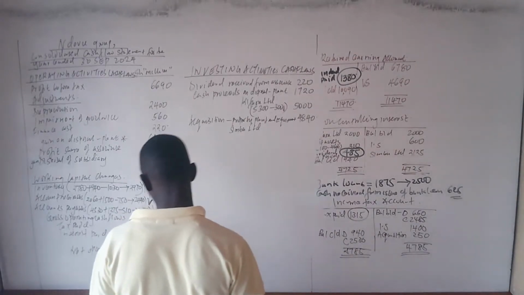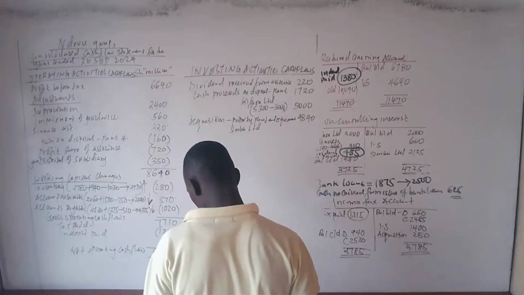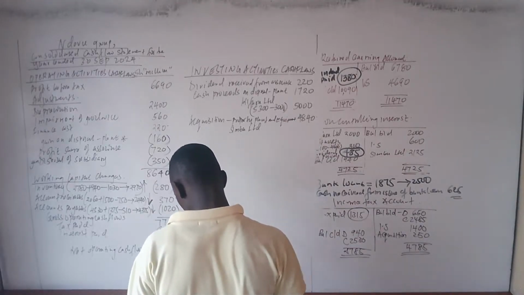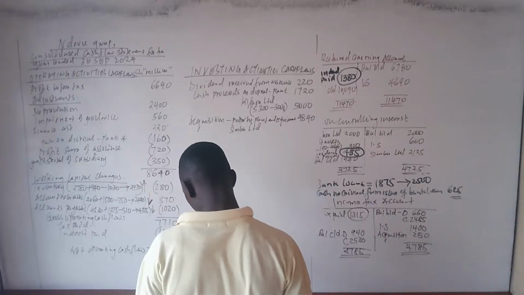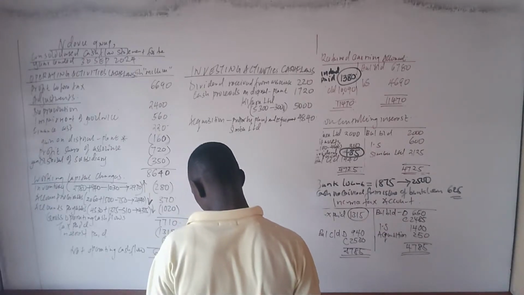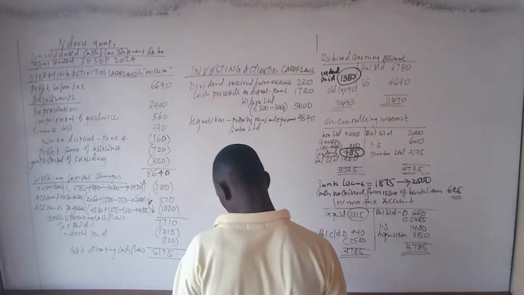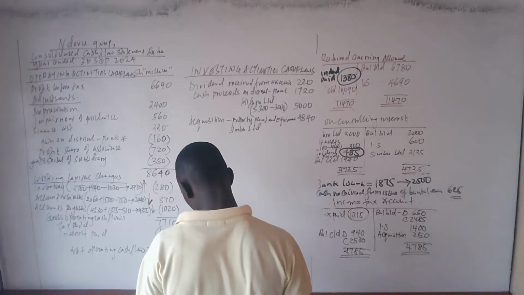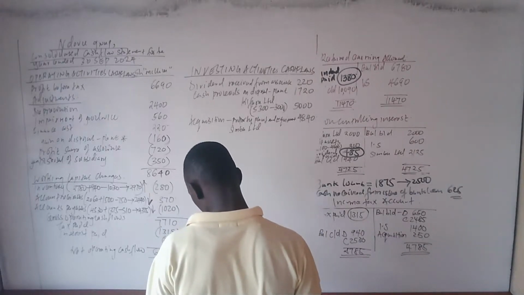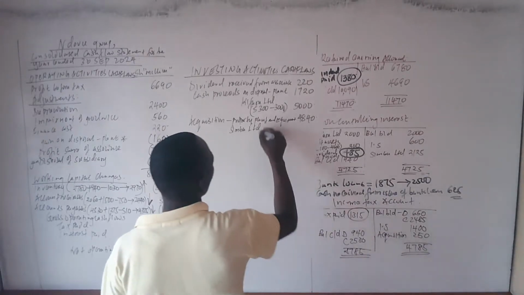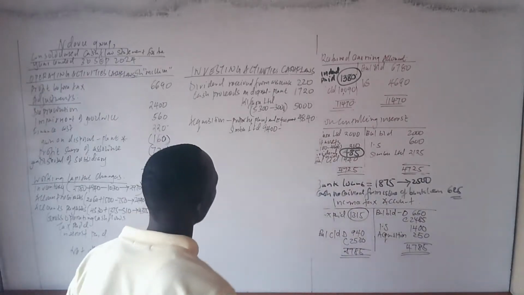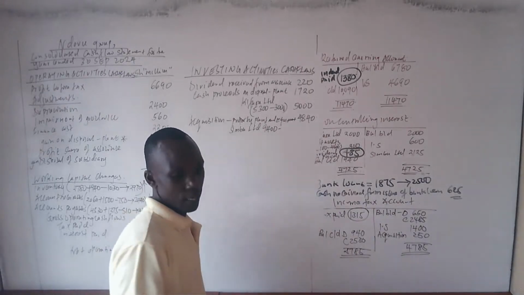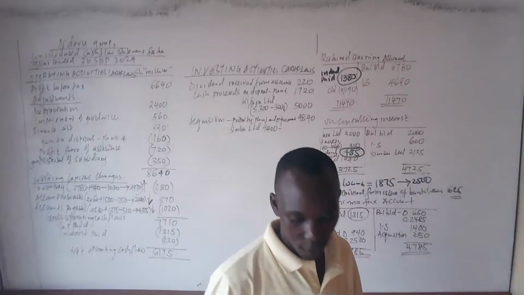How much did we acquire it for? The cash proceeds for Simba Limited was 94. That is the purchase consideration. Then if they had a bank overdraft we add, or if they had cash, we minus